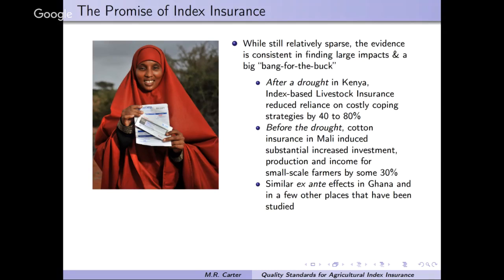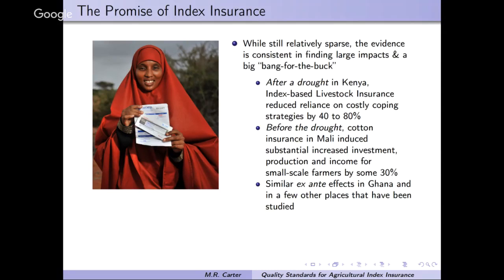So obviously the whole idea here is that if you can insure people after a drought, if they have security that the insurance will protect them and their families or protect their working capital in their farm, then that relaxes a constraint to their before the drought, or ex ante, behavior. Farmers become more willing